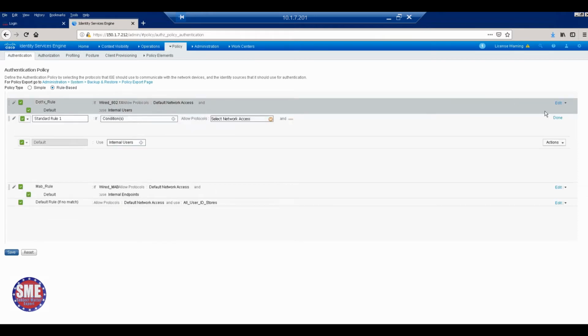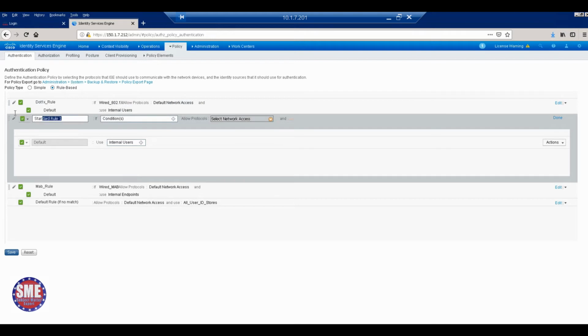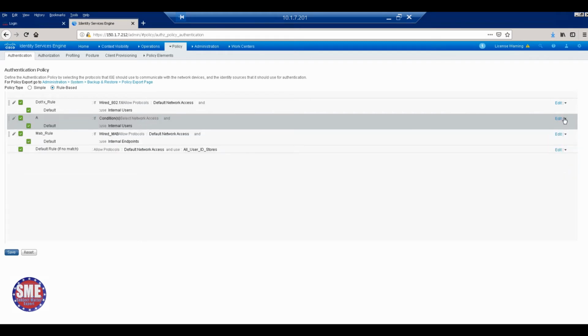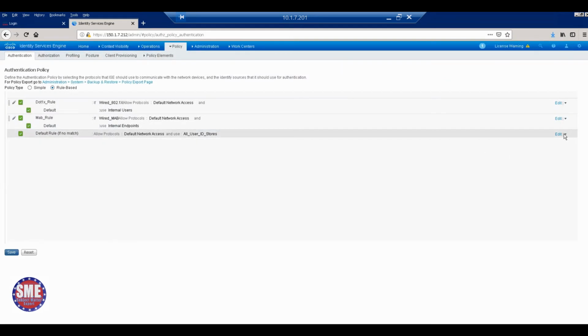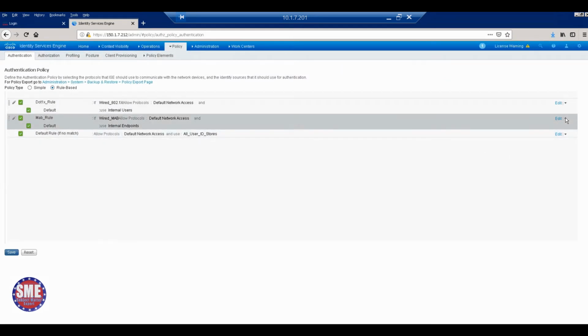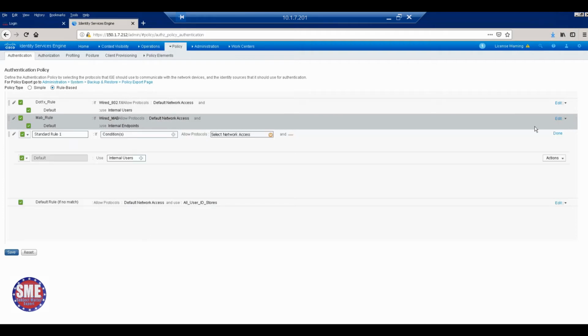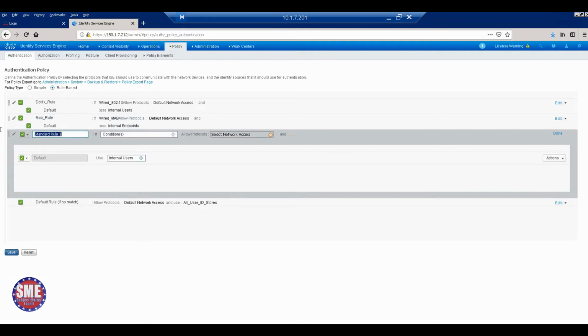Okay, next one, AnyConnect and SSH. See this MAB rule, remember, MAB rule. Come down. Let it be down, that one. This is separate, right? Just make it down. This one. Delete, done, then delete. Done. Then we come down and make it under that MAB rule. Under this, not this, under this. AnyConnect.